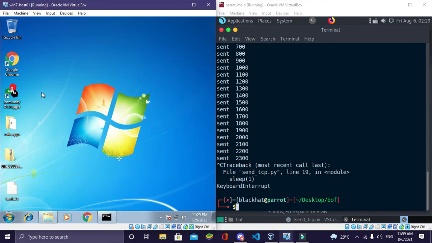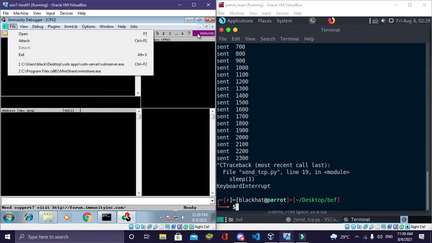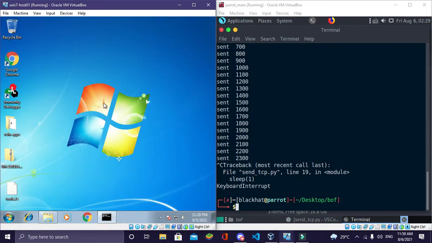I have told you to install this Immunity Debugger in the last video. Now let's try to attach that vulnerable server to this. Using this Immunity Debugger we can see what is actually going on in that one server.